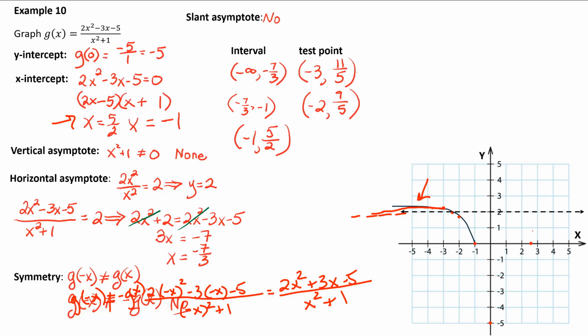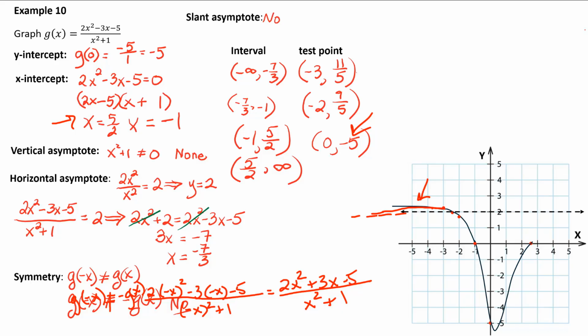Pick a point. Could be 1, 2, anything in there. 0 also works. So 0, negative 5 is on this function. And so that means since you get a negative 5 there for the value of the function, that means that the function stays below the x-axis all the way from negative 1 up to 5/2. So in this interval, the function is always negative. The value of the function is always negative below the x-axis. So we go down and back up again to the 0, and then from 5/2 to infinity is our last